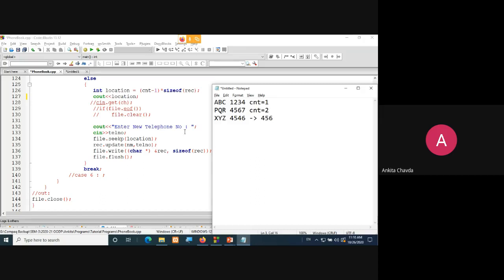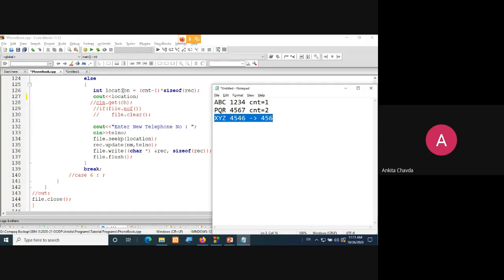So they are asking for the telephone number. You will enter your new telephone number, that is 456. Once you have taken this 456 from the user, now you have to insert it exactly on this record.